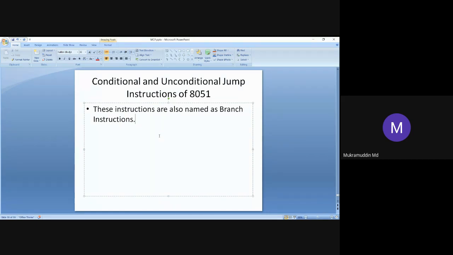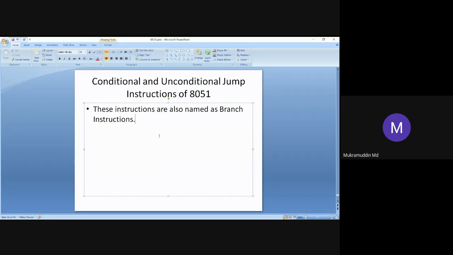If carry is 1, then only the jumping is performed, to some specified instruction. Otherwise, the normal sequence of execution will continue.